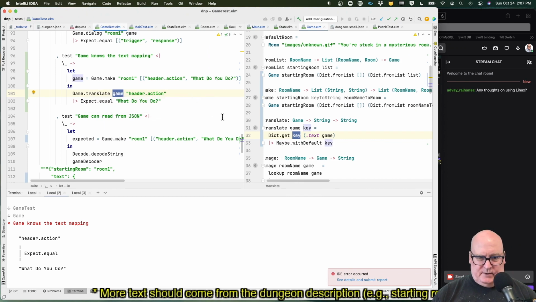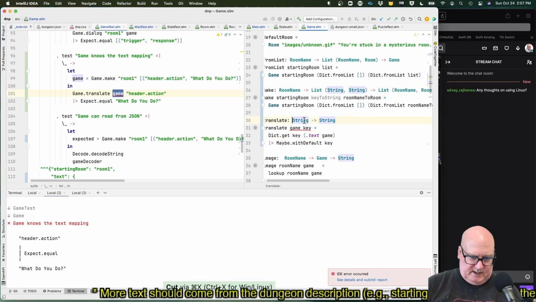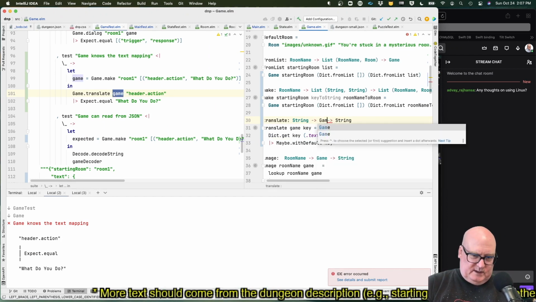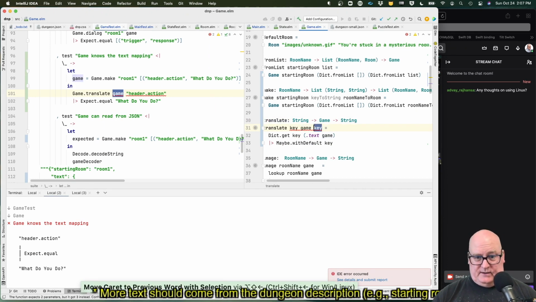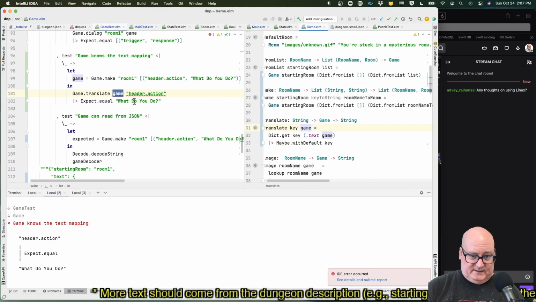I'm going to change the order. And I'm trying to kind of follow the way Elm does things, because you have this automatic currying, you get the arguments in the right place to just kind of fall through. So I don't know.